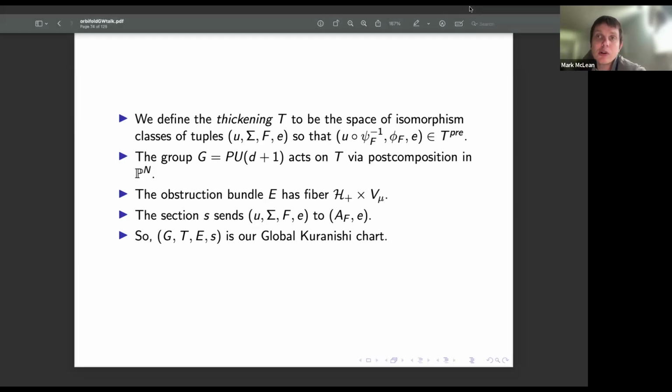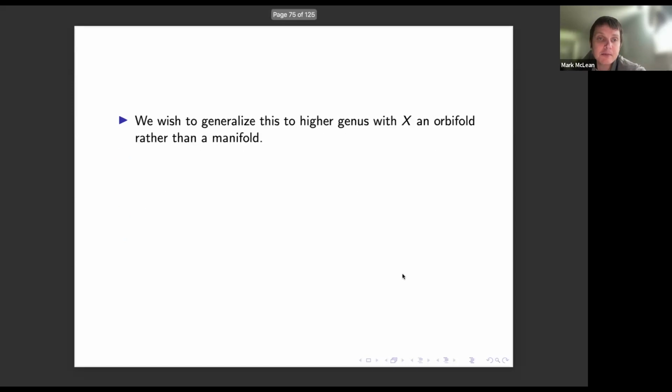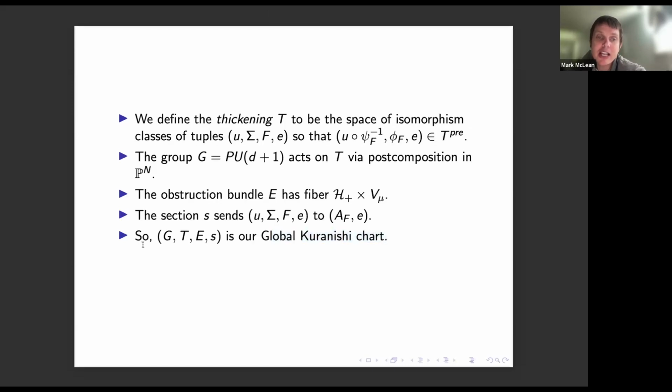So there's a theorem which says essentially this is a global Kuranishi chart. There are some details missing, like this thickening. You have to shrink this thickening so you only look at curves that are very close to being holomorphic. And then there's loads of choices. You chose a Hermitian line bundle. You chose this finite dimensional approximation scheme, and then you chose a particular element of this finite dimensional approximation scheme. So you chose some integer mu, and then